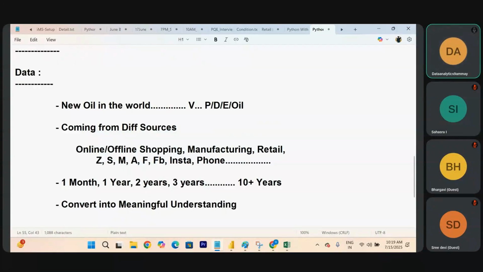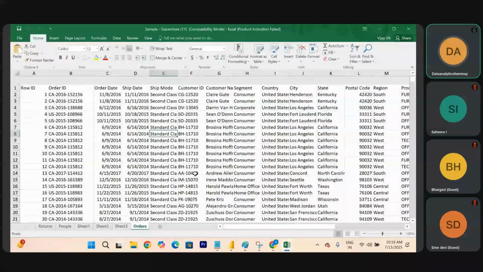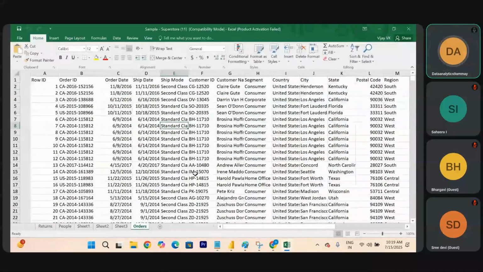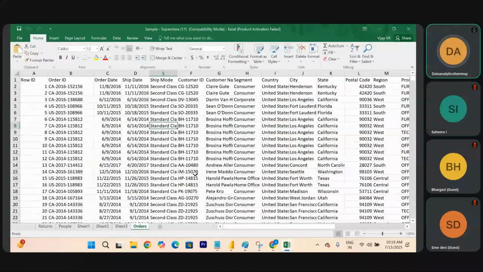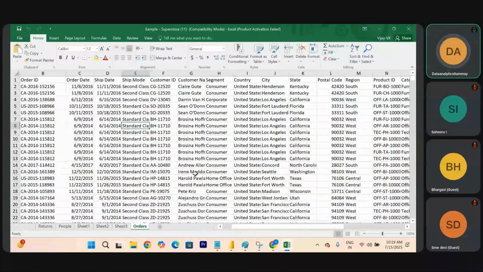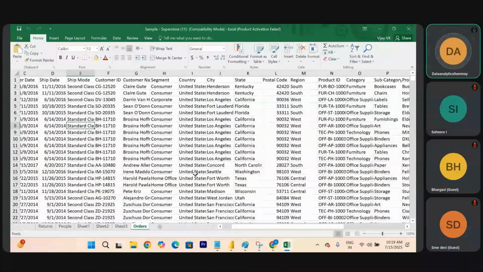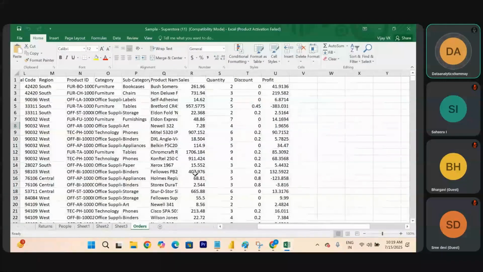So, meaningful understanding. Let me show you the Excel one more time. This is only 4 years of data. For example, if I am the owner of any company, DMart or Reliance Industries, any Tata product or BMW, any healthcare company like Dr. Reddy's, can I go through it like this one by one?